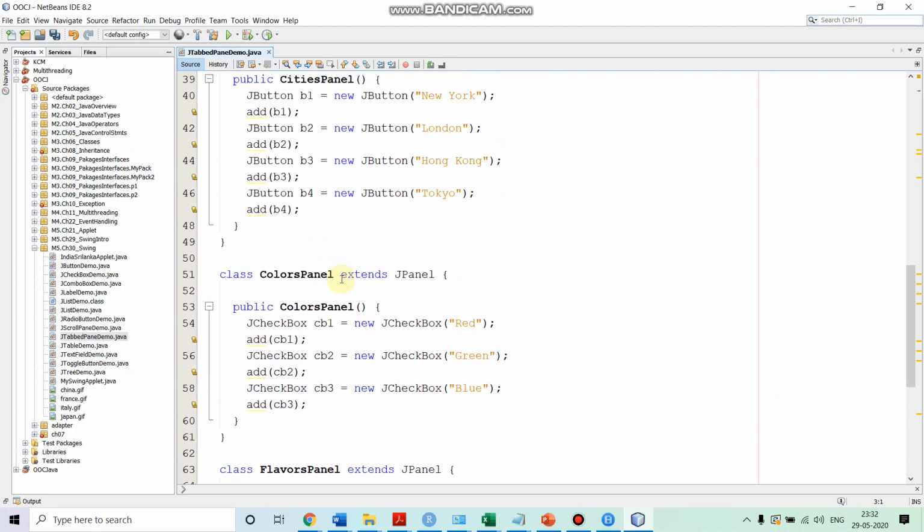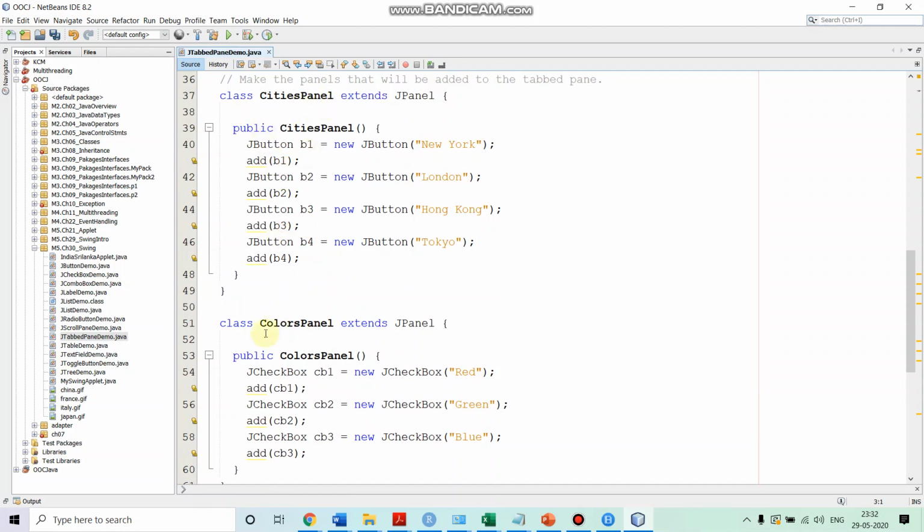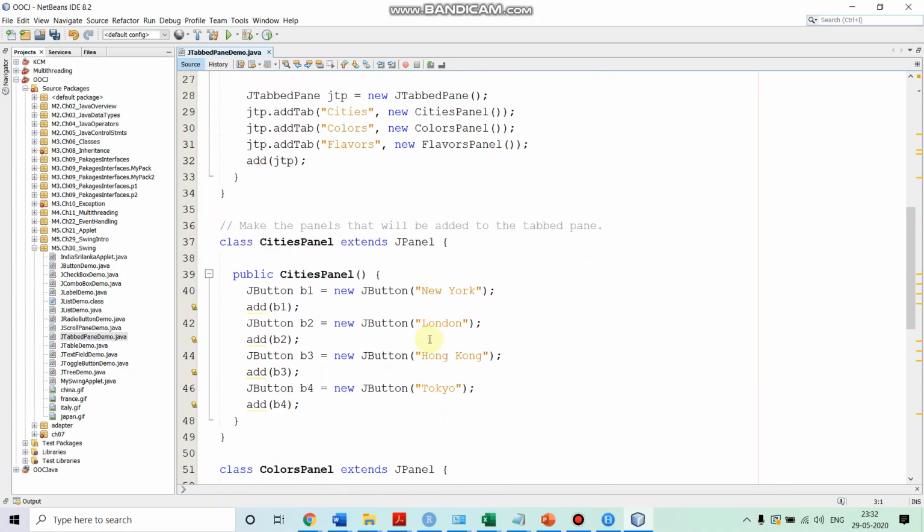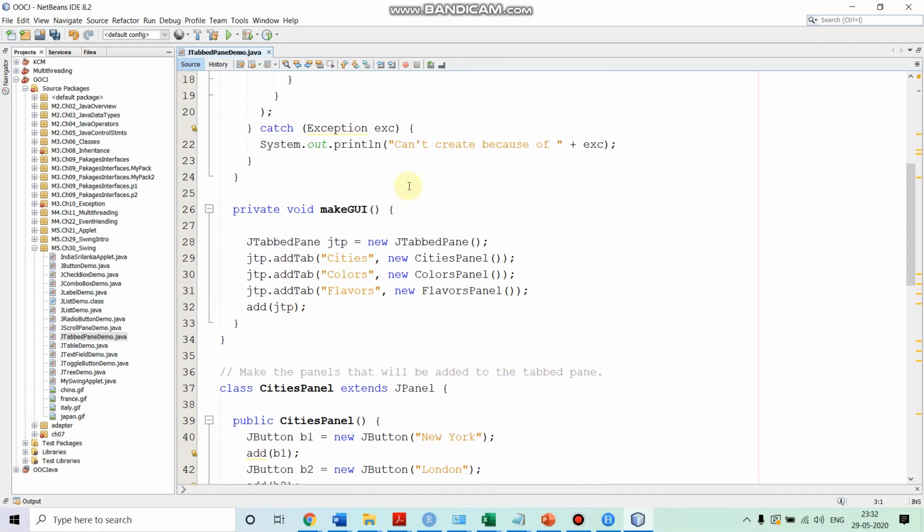So now we have defined three components: CitiesPanel, ColorsPanel, and FlowersPanel. In the method makeGUI, we are creating our tabbed pane. We created an instance of the tabbed pane, jtp. In this tabbed pane, we are adding the tabs. So we added the first tab, we gave it the name Cities, and the component associated with it is the CitiesPanel instance, which will create the 4 buttons corresponding to the 4 cities.